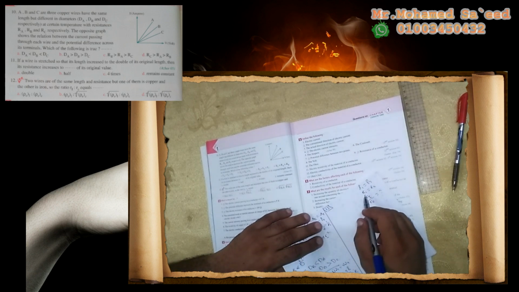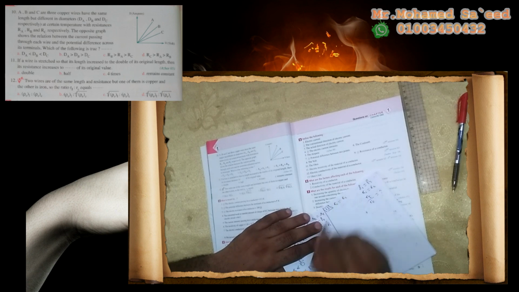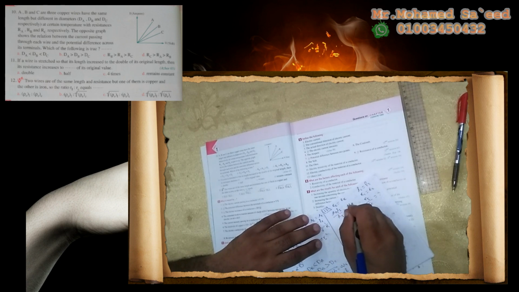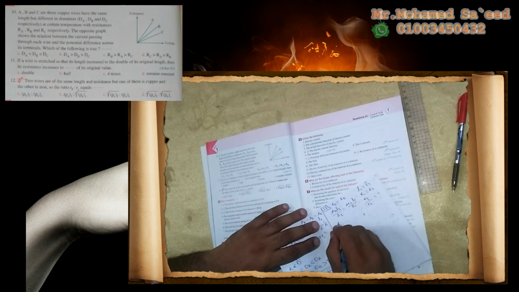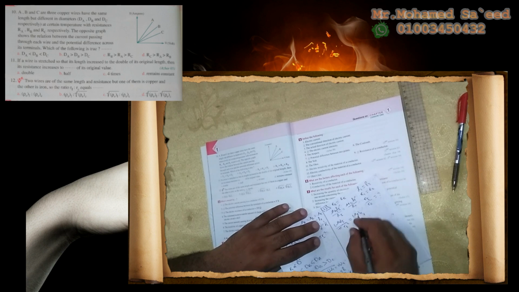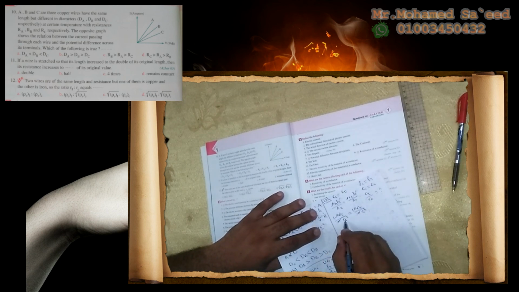Okay, R1 equals R2. R iron equals R copper. Rho E iron L iron over A iron equals rho E copper L copper over A copper. So L iron equals L copper, so we can cancel L iron with L copper. A equals pi r squared. So rho E iron over pi r iron squared equals rho E copper over pi r copper squared. Pi cancels with pi. So r iron squared over r copper squared